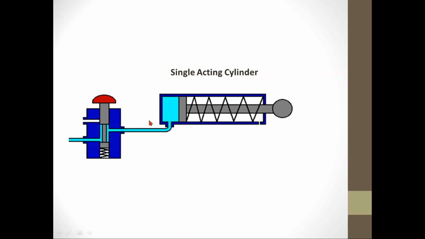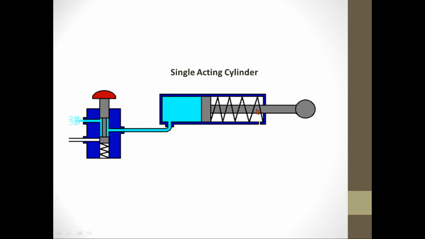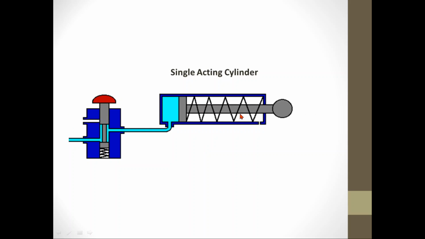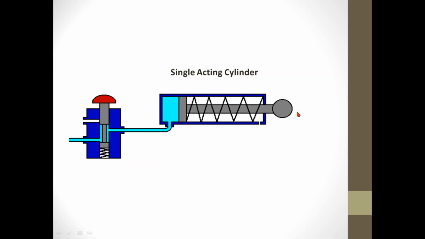Now if we cut off the flow of air, the spring will be able to push the piston rod backwards. In order for the single acting cylinder to maintain its extended position, like this one,